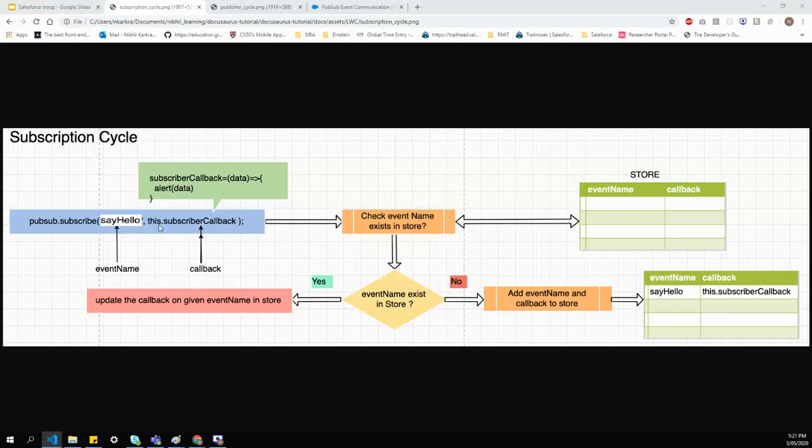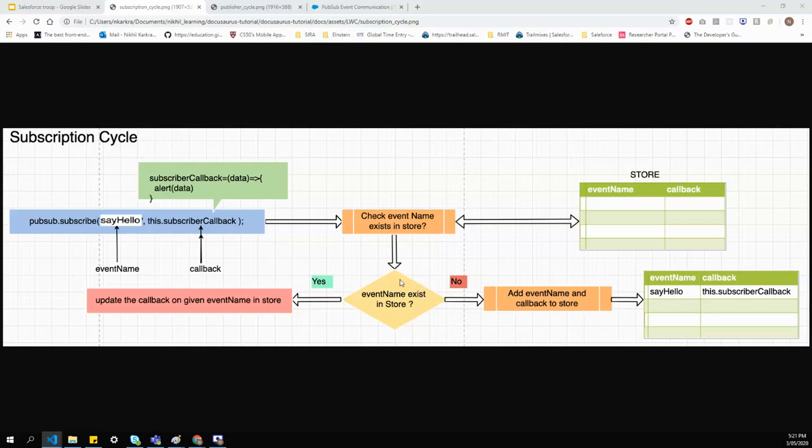Once this method gets called, it will go to the store and check whether this event name, say hello, is stored in the store object. Does the event name exist in the store? If no, then it will go to the store and write that event name and the callback.